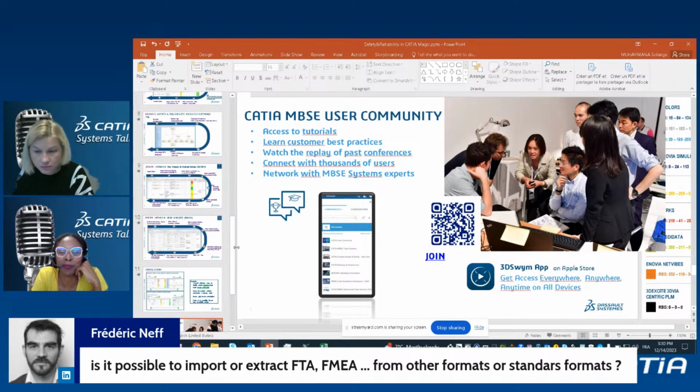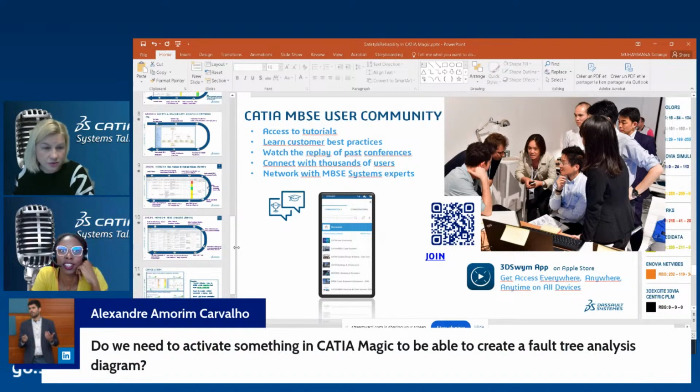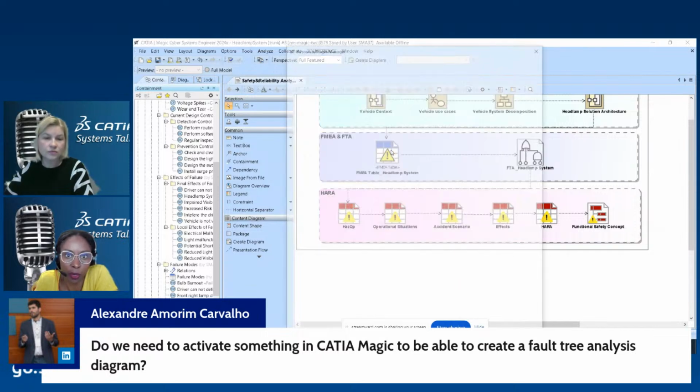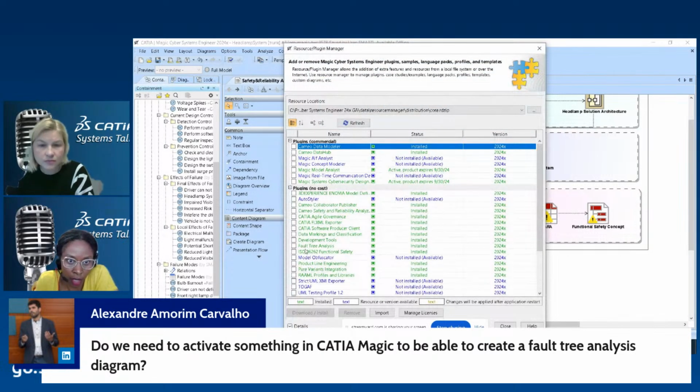Okay, and I think when you check, you will answer this question to the community. The other question is, do we need to activate something in CATIA Magic to be able to create a fault tree analysis diagram? Yes, you need, as I told you, to have this plugin, like you have this one